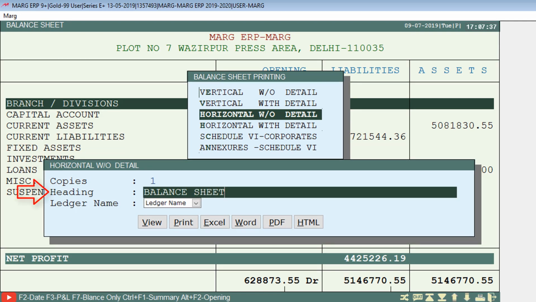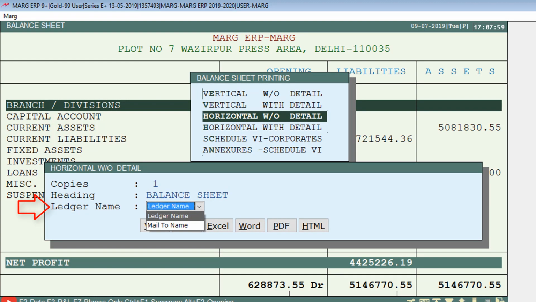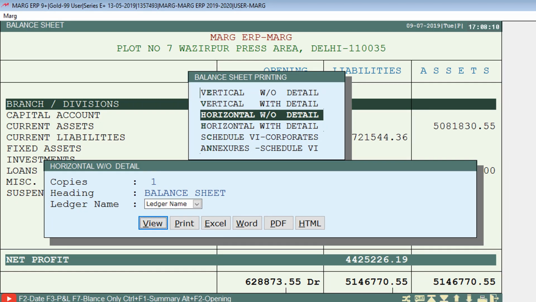Then is heading. Set the heading here as per the requirement. Suppose balance sheet. And then is ledger name. Select the ledger name as per the requirement. Then select the desired format from the multiple formats: Excel, Word, PDF, HTML, etc., in which the balance sheet needs to be exported as per the requirement.